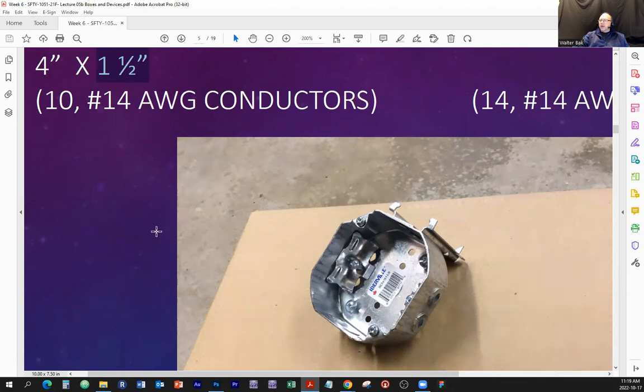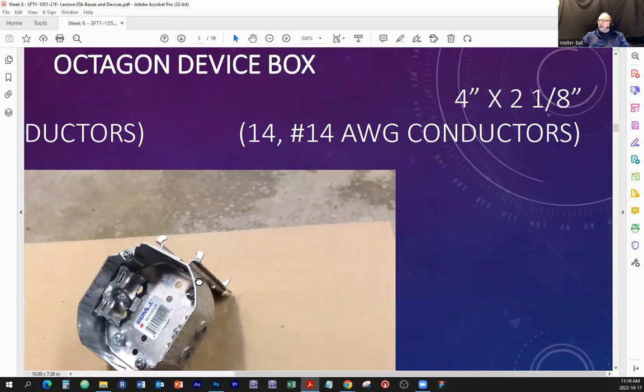Is it a gangable box? No, it's not a gangable box because you can't gang it, which means you can't take it apart and make it more. It would be silly to extend these sideways. You can extend them forward because you can buy the box extenders and you can make it deeper, but you cannot extend this particular one sideways. And this one here